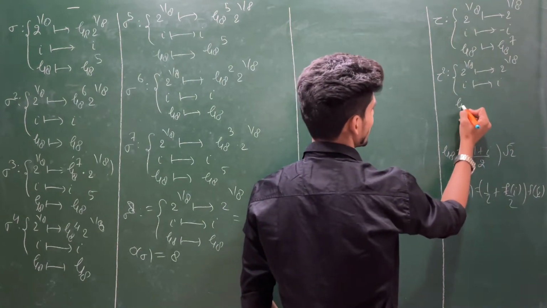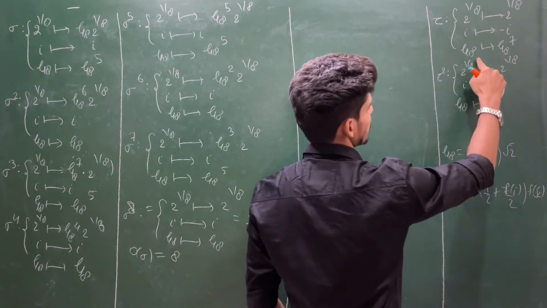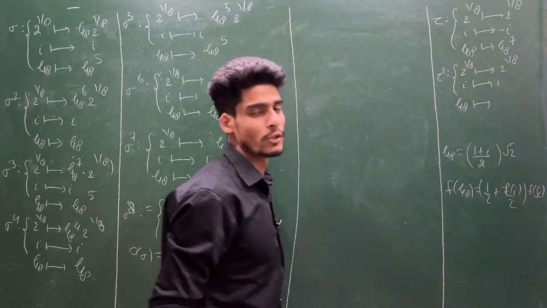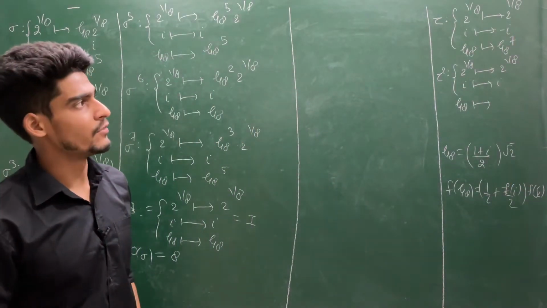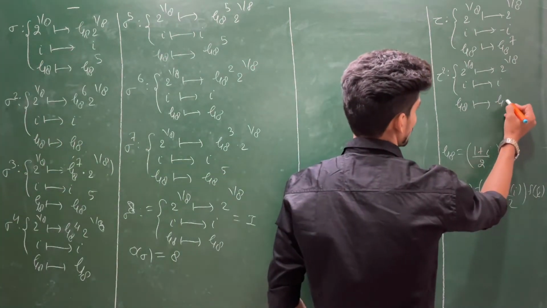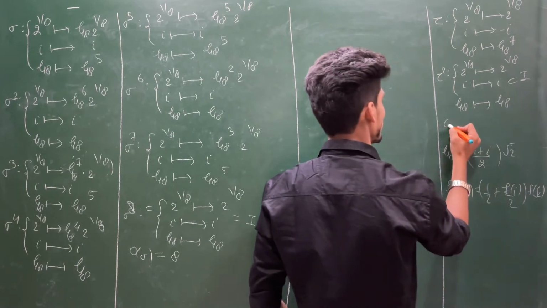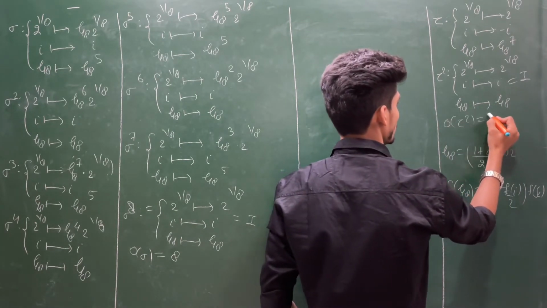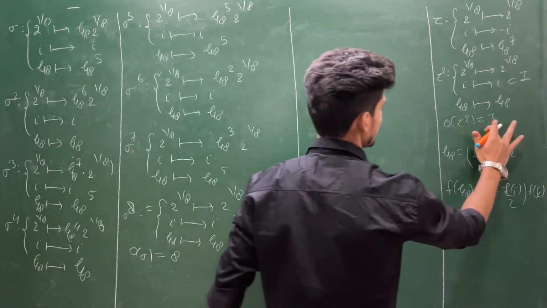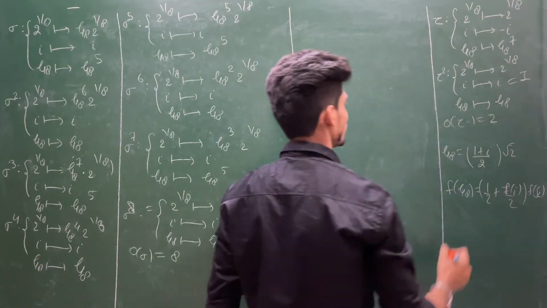If you see this zeta 8, it is already going to zeta 8 to the power 7. So again, if you operate tau, then it will go to zeta 8 to the power 49. If you divide 49 by 8, you will have remainder 1. So it will go to zeta 8. That means this is identity. So you can verify the order of tau square is identity. Sorry, the order of tau is actually 2.